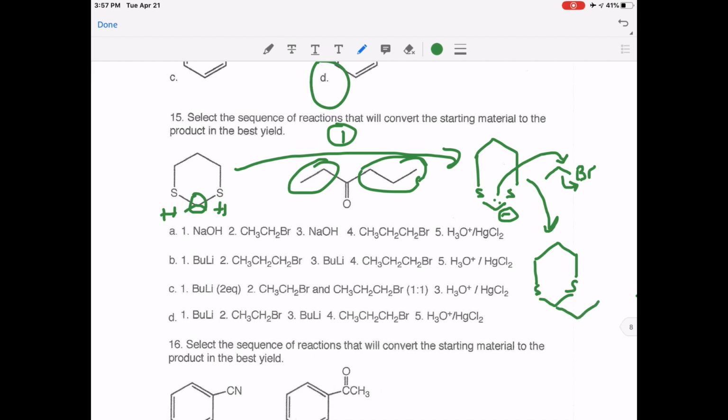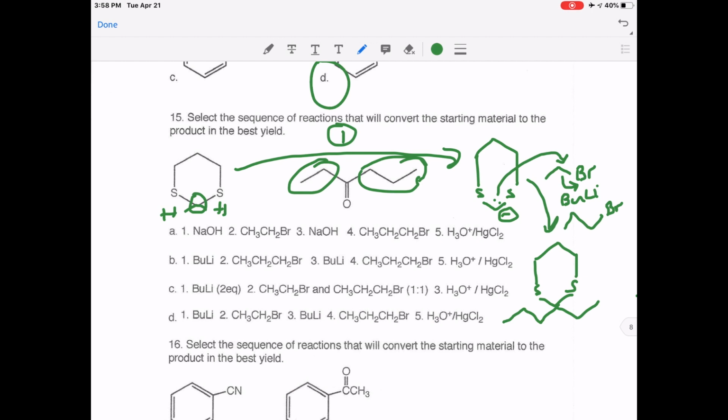And if we repeat this again with another equivalent of butyllithium, and instead of using ethyl bromide, we use propyl bromide, then we can easily get to this compound. So I'm just going to add another equivalent of butyllithium here, and then propyl bromide. We end up getting